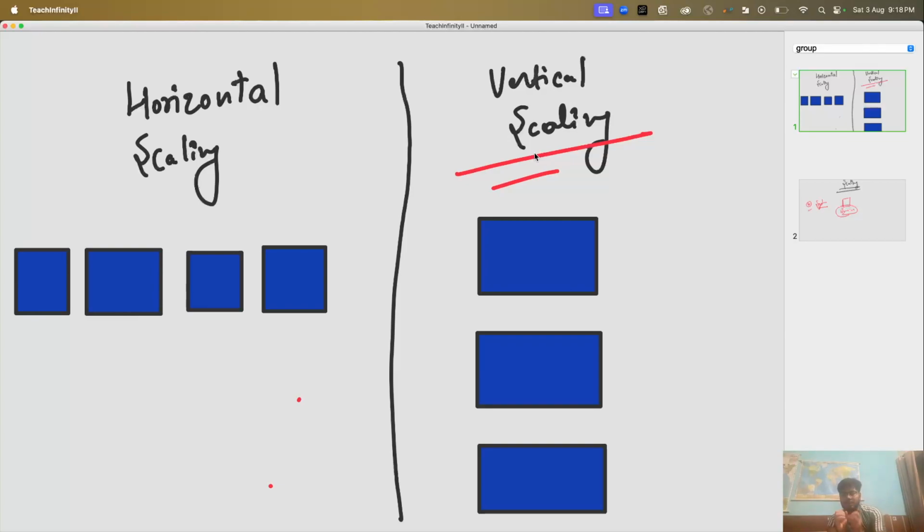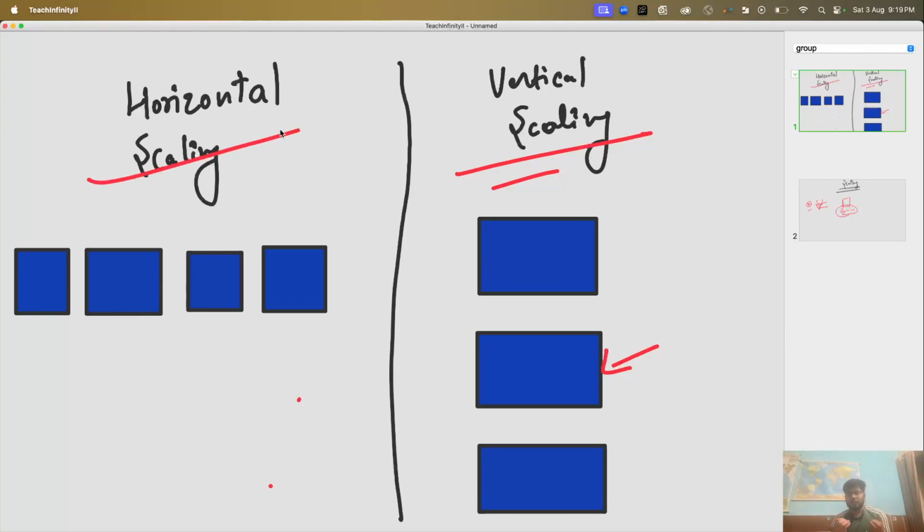In this scaling, you basically increase the memory of a particular system. Whatever service you have, you just scale its memory and its hard drive so that it can handle all those requests. That is vertical scaling. Vertical scaling simply means you are just increasing the resources on a single service. Whereas horizontal scaling,